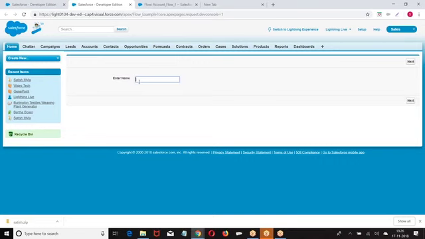So that's flows with the plugin. But in Lightning also, we can create the same. But in Lightning, the plugin will not be there. In Lightning we are going to call the client-side controller, because a Lightning component will always call the client-side controller. The client-side controller will call the server-side controller. Then the operation is performed. Right? I hope you got my point. Clear for everyone?